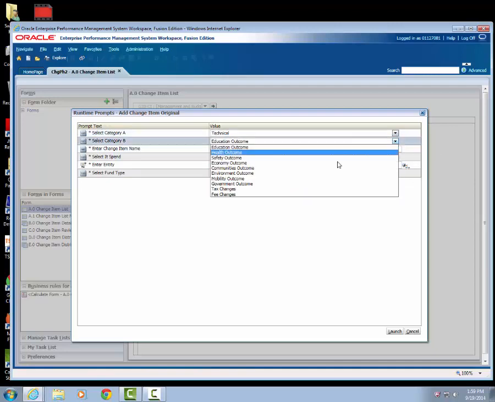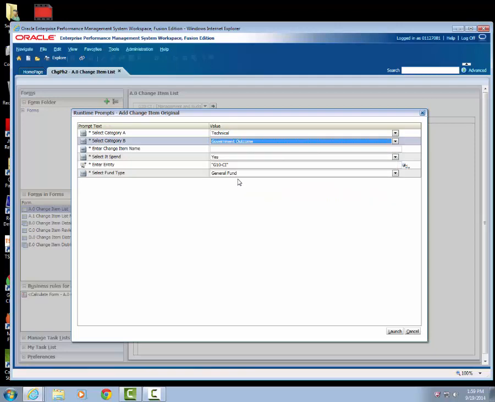Currently, the Category B options are the statewide outcomes we use, as well as the tax, whether the change item is a tax or fee change. We used tax or fee change during the supplemental budget last time. I'm just going to select the state government outcome for now. I'm going to enter the name of the change item, new program